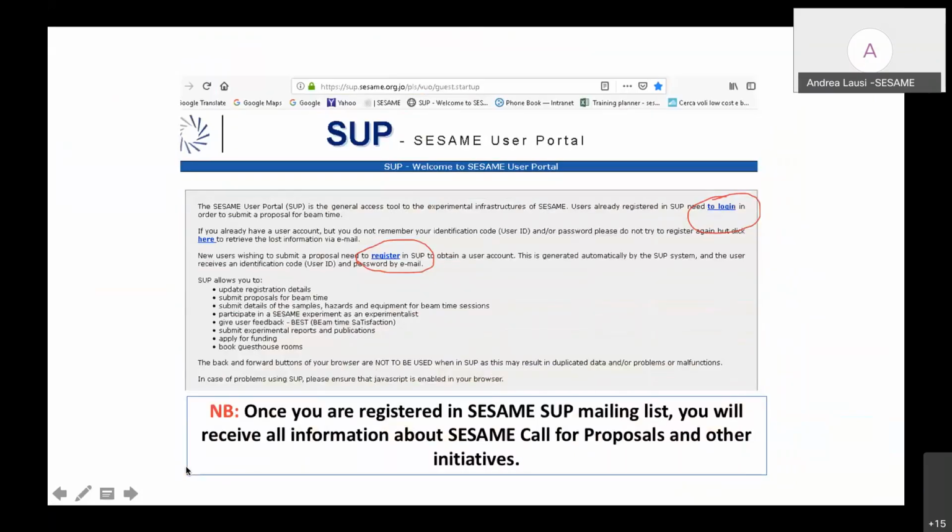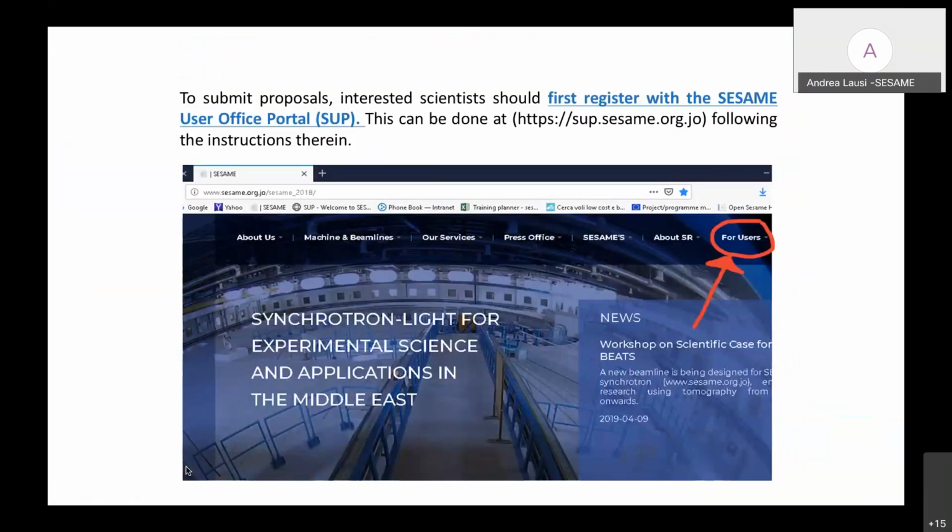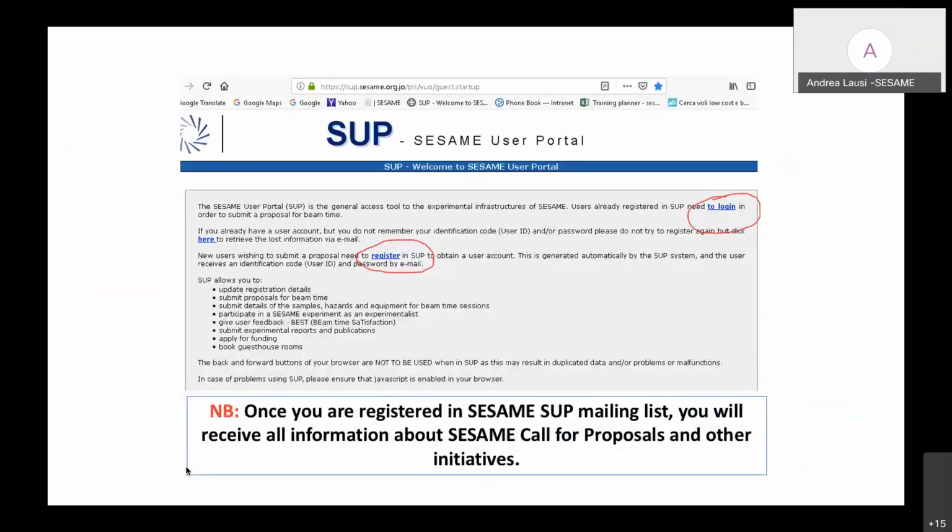So how to apply? You go on the website. On the top right, you find the link for users, which brings you to the SESAME user portal, which is where you have to register in order to apply for beam time. So once you have registered,